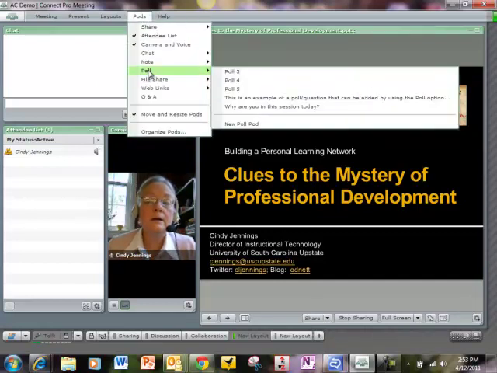The polling pod, as explained in the demonstration video from Adobe Connect that I put in for you, it's really best to create your poll questions ahead of time rather than on the fly. I think someone asked about doing them on the fly yesterday, and you'll see that there are several poll pods